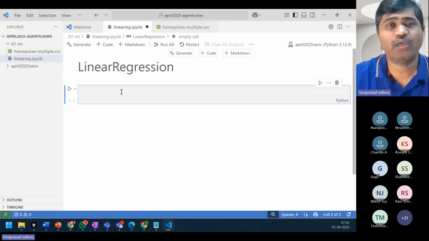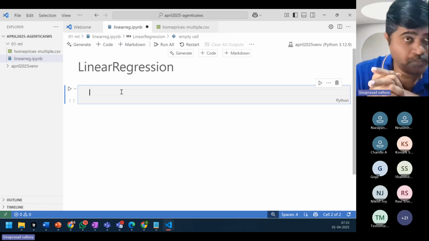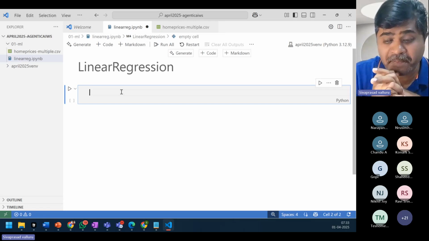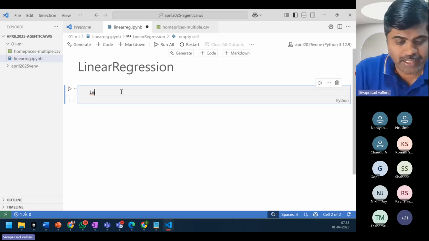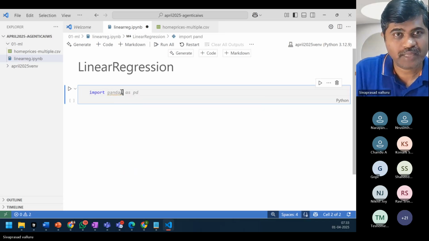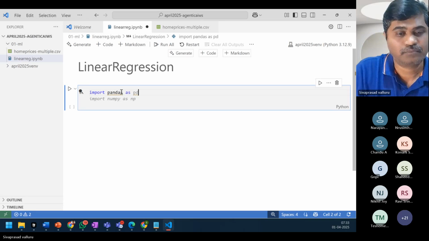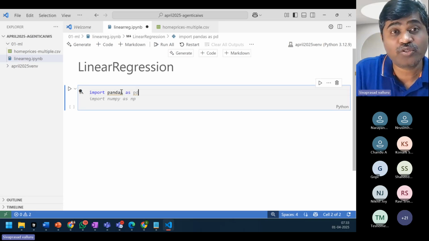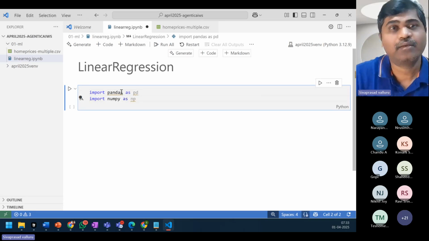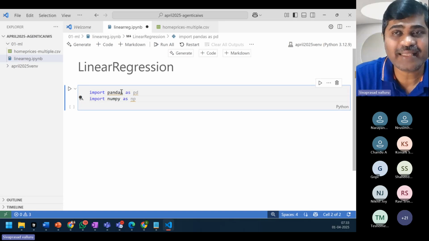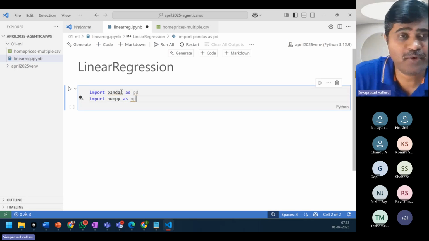So I hope if you have done some basic Python, you know there is a library called pandas. So I'll import pandas as pd. And I might want to use NumPy, another library. See, automatically this editor is suggesting what I want. Mostly whenever somebody imports pandas, they might be using NumPy.